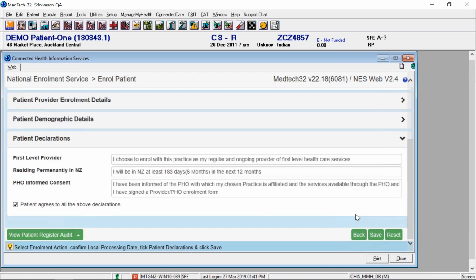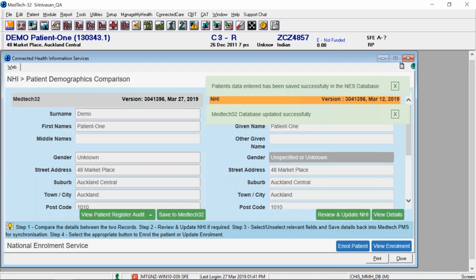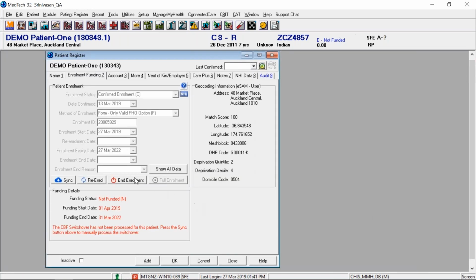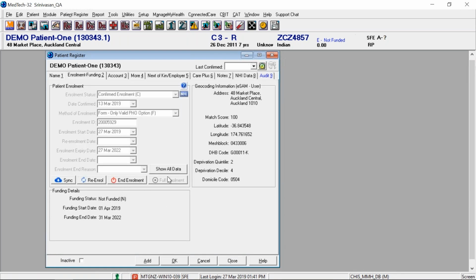Okay, so just to go through that process. As you can see here, this patient has been synchronized already, and now I'm wanting to enroll them. I press the enroll patient button, select enroll, and select the declaration that I agree to the declaration, or the patient agrees,